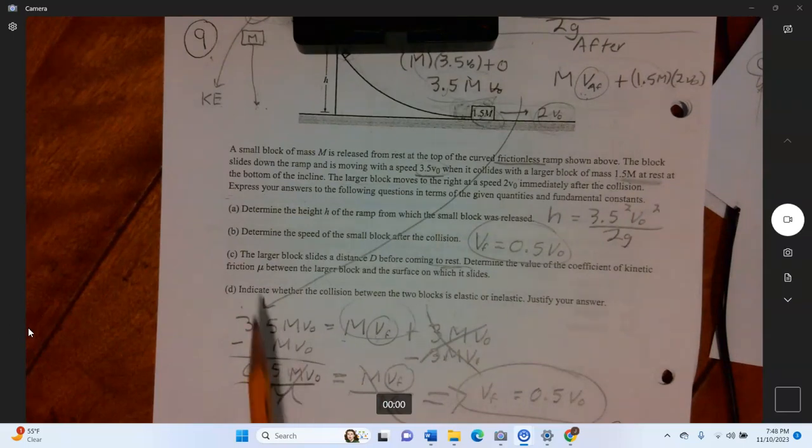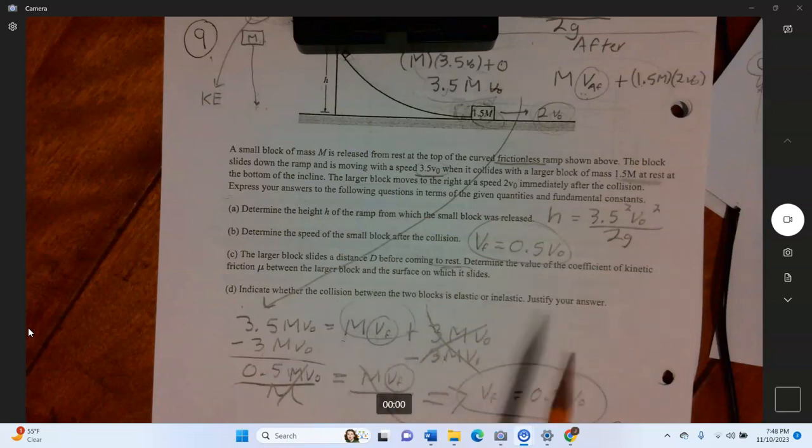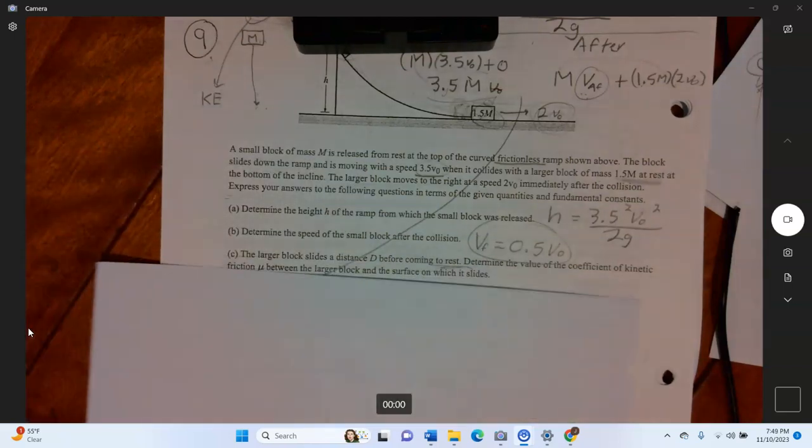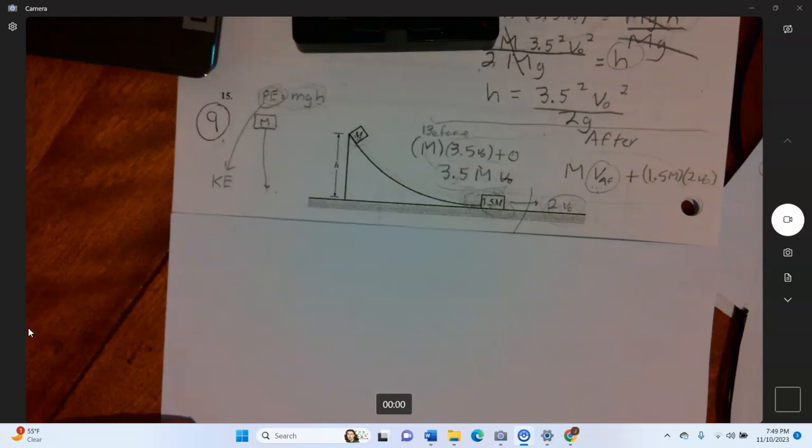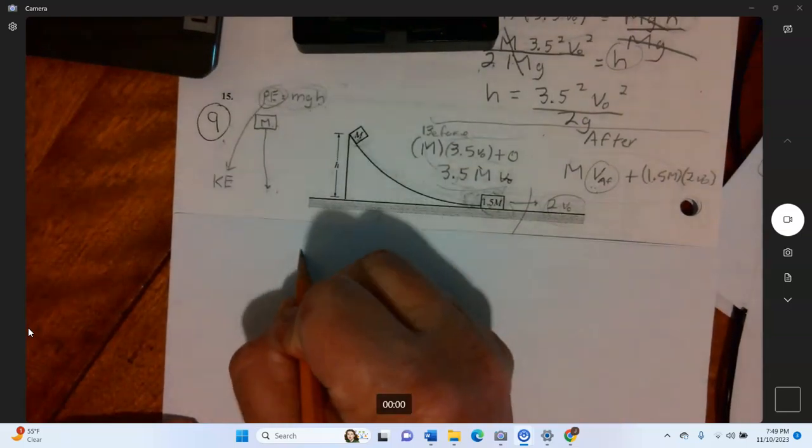Okay, part D, it says indicate whether the collision between the two blocks is elastic or inelastic. If the energy is conserved, if the KE total before is equal to the KE total after, then it is elastic. If it's anything other than equal, it's inelastic. Okay, so let's figure out what that's going to be. Let's go back to our problem up here. So the KE